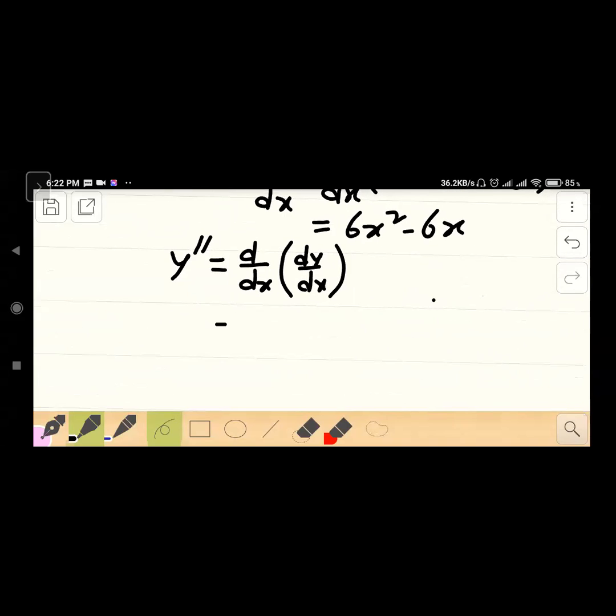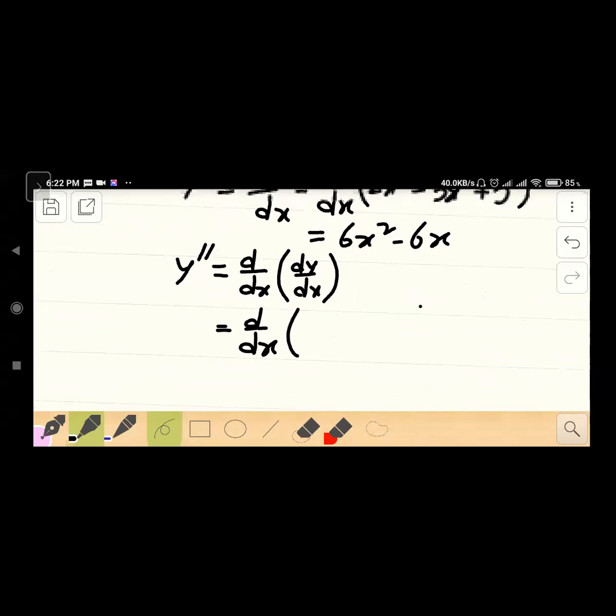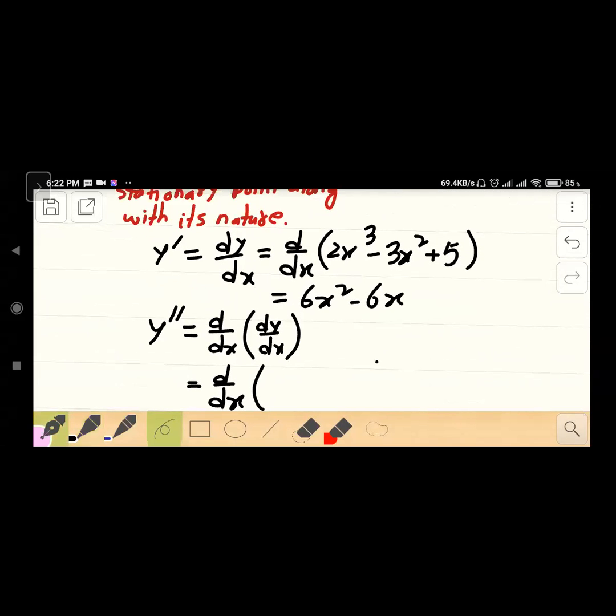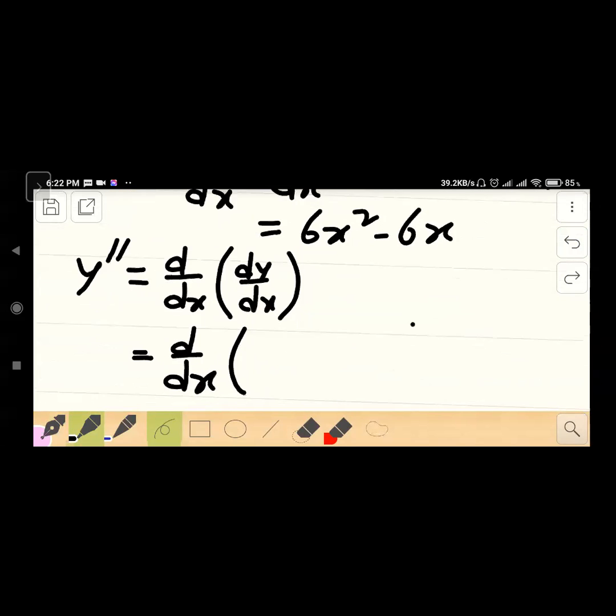That means this will be d by dx. And what was the expression for dy by dx? It is 6x square minus 6x. So